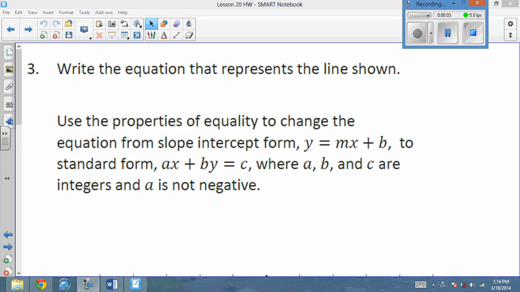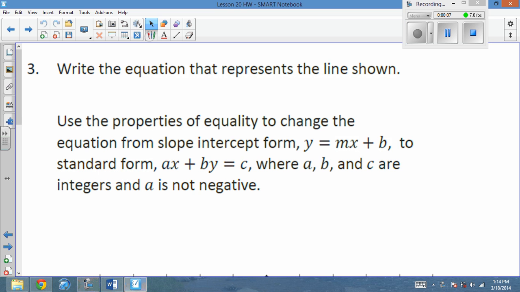Okay, today I'm going to talk a little bit about how to write equations of lines in the particular given forms that I might ask for. So today we're going to write equations of lines given a specific graph. So the first thing I want to do is kind of think about what an equation of a line will